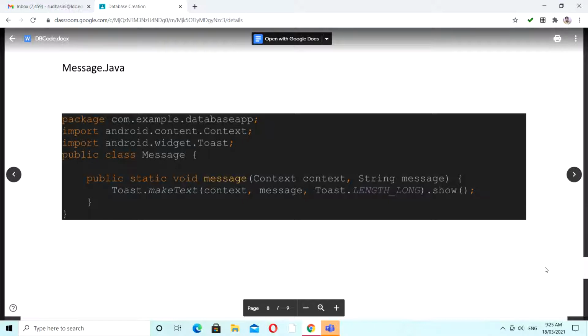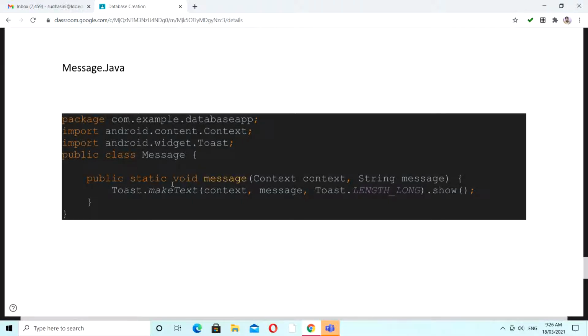Okay, so I hope this is a little bit huge kind of code, but still you have to learn because you are studying Android. This is a very high-end package, high-end software. So definitely you have to know this kind of high-end coding. This will be useful when you are working in the IT industry, right? So we will look into this message.java. This message.java is a Java file where you are having different kinds of coding, right? So here we are having some set of code to know about.